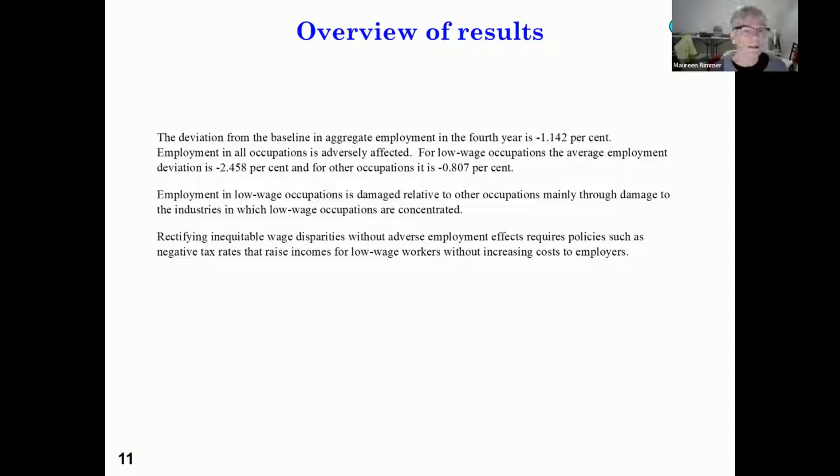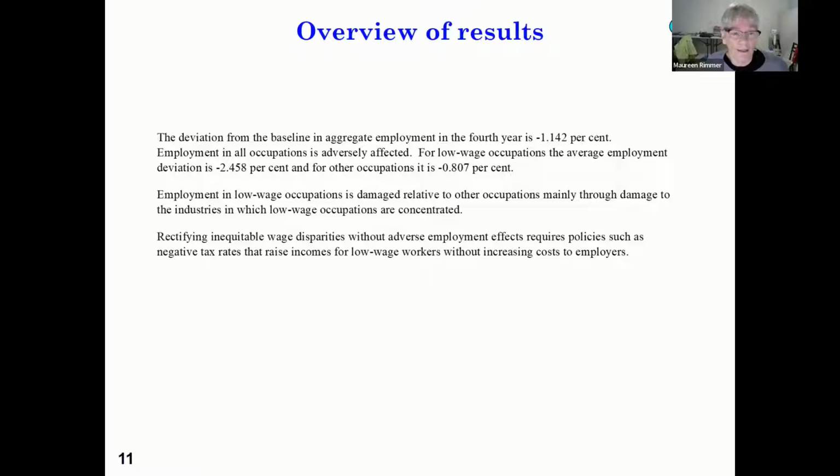Okay, thank you. Employment in all occupations is adversely affected. For low-wage occupations, the average wage fell by over 2%, and for other occupations, slightly less than 1%. Employment in the low-wage occupation is damaged relative to employment in other occupations, mainly through the damage to the industries in which low-wage occupations are concentrated. Those industries are things like the household services industry. Nearly all the workers in that industry are low wage workers. So there's no high wage workers in that industry to be damaged, and the wages and the employment fall quite